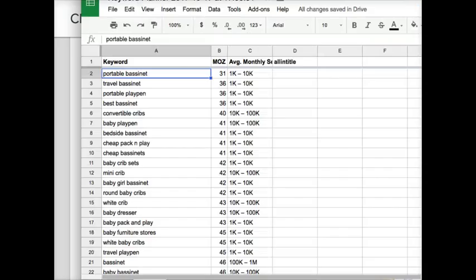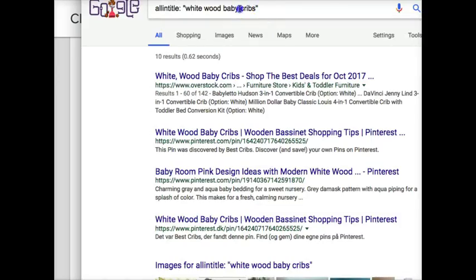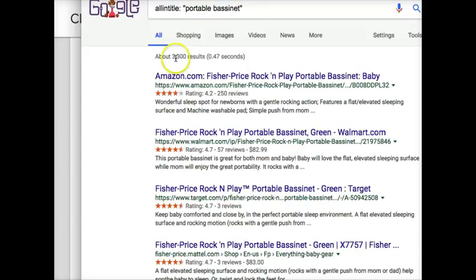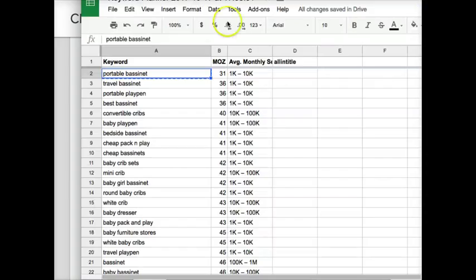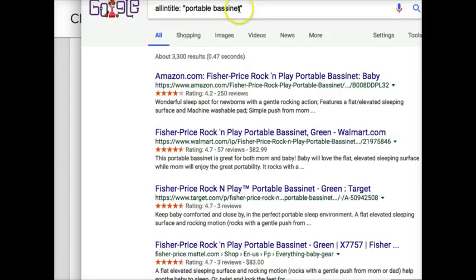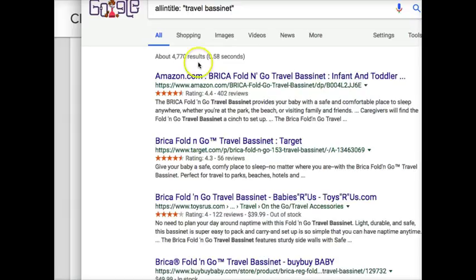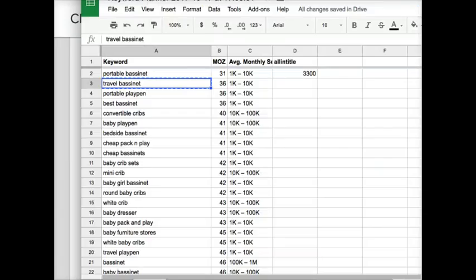So that's what we're looking for, to get an understanding of our competition. And so we need to do that allintitle and put those numbers in here. So, in fact, let's take some of these right there, and we put that in between the quotes. With this keyword, those need to have spaces. We don't want those all one word. Only the allintitle is one word. We run that search. Oh, look, 3,300. That's not too bad. So that's our allintitle number, 3,300. Okay, and then we do that with all of our phrases here. We run this search, and it's important that we do this correctly because there we got 4,770.